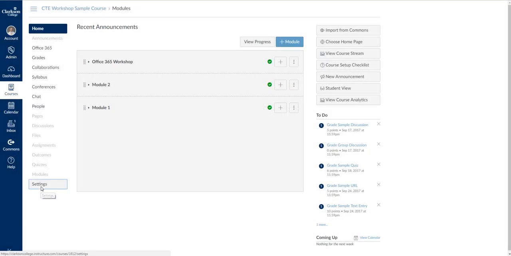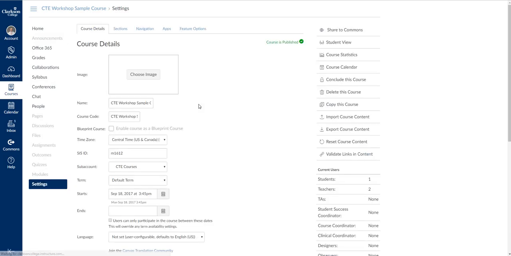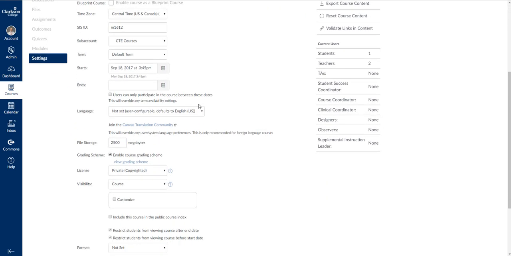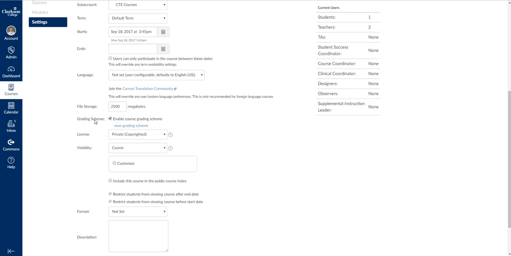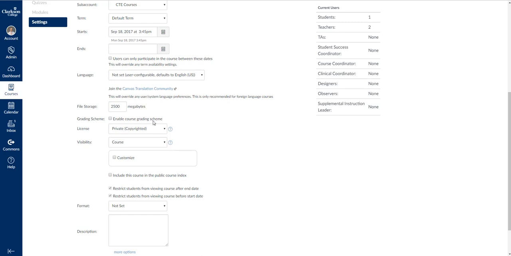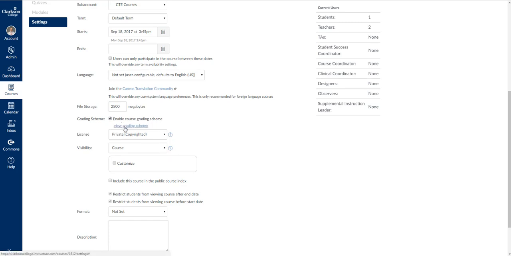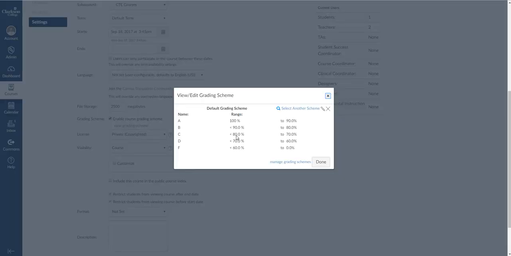If I go to Course Settings and scroll down just a little ways, there's going to be a category called Grading Scheme. It's turned off by default, so I can check the box and say Enable Course Grading Scheme. Click the link that says View Grading Scheme, and I can see what the grading scheme is for my course. By default, the Canvas grade scheme is going to be really lengthy. It's going to be A minus, B plus, B minus, so on and so forth,